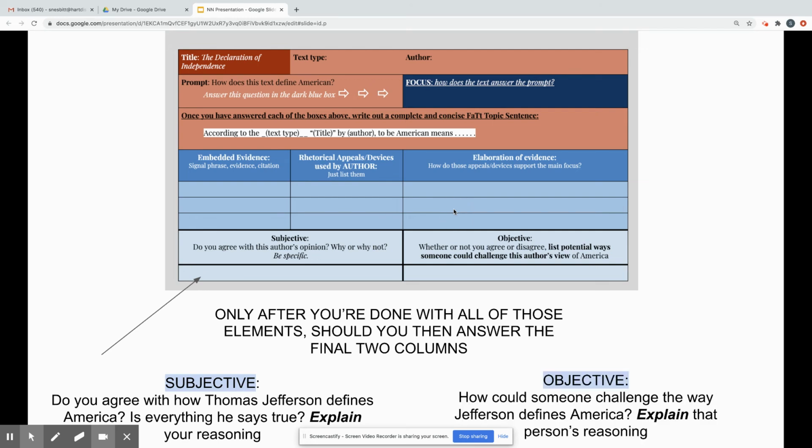And then finally, the objective stance. This is not necessarily about your opinion, okay? The objective stance, I just want you to answer whether you agree or you disagree. How could somebody else challenge the way that Jefferson defines America? If somebody said, I don't agree with anything that he said, and this is why, then you need to explain why that is, okay? And don't forget, and you guys can see at the bottom, I've put explain in bold